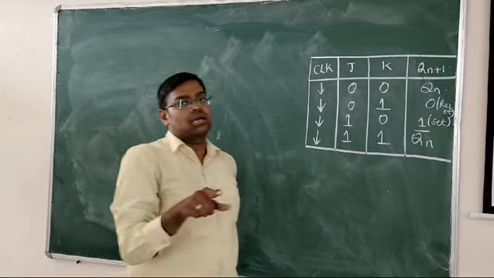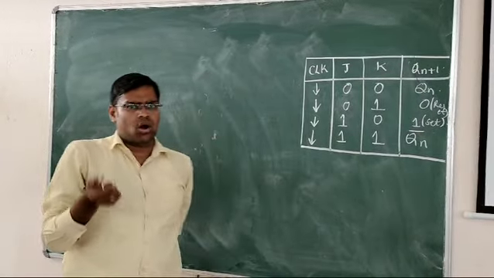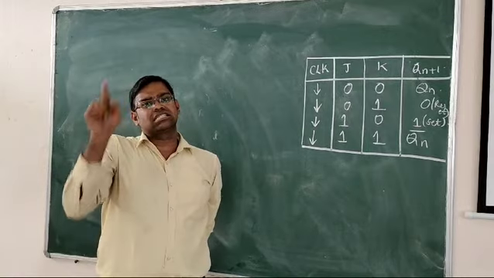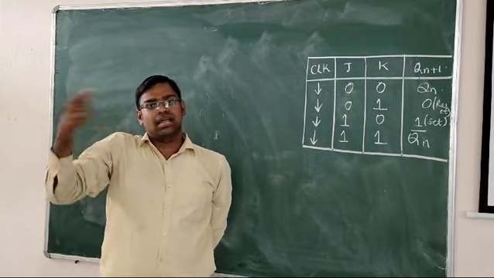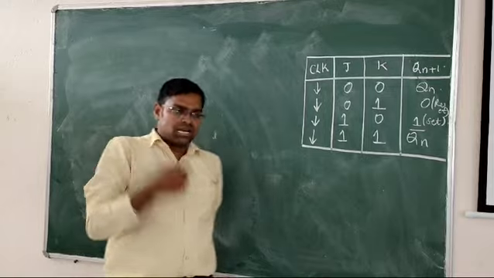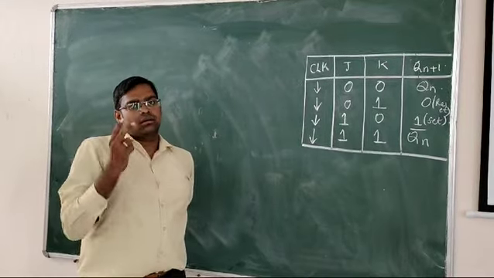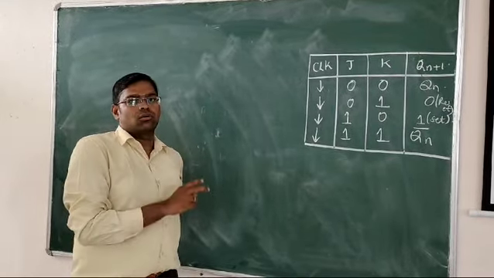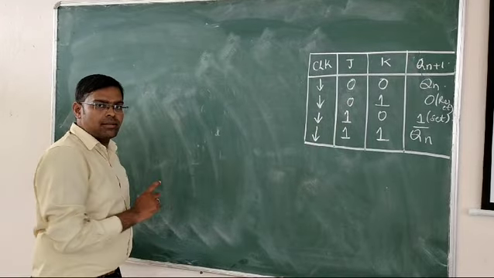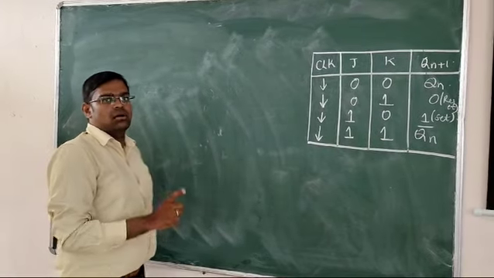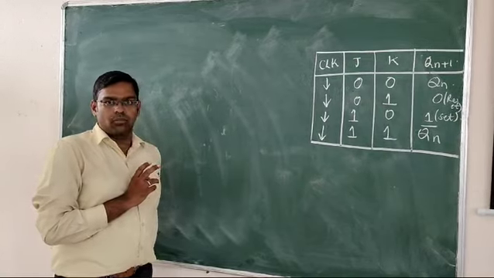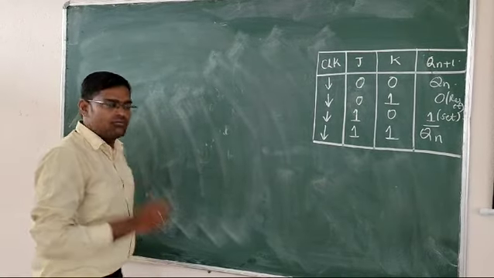That's why I am taking it, because whenever we build a counter, we need the next state to be toggled so that the count increases. So let us take a 2-bit ripple counter. Let us see the circuit diagram, how we are going to design the 2-bit ripple counter using a JK flip flop, that too a negative edge triggered flip flop.